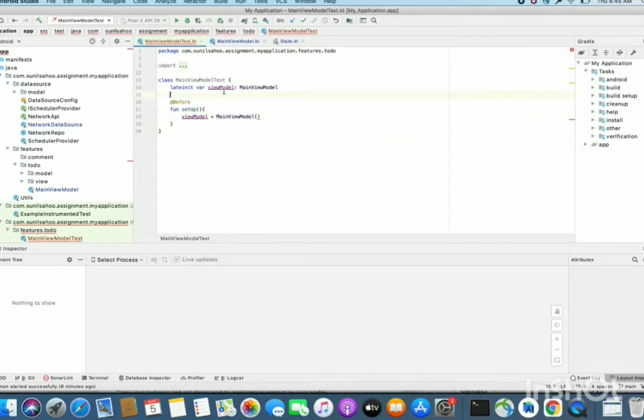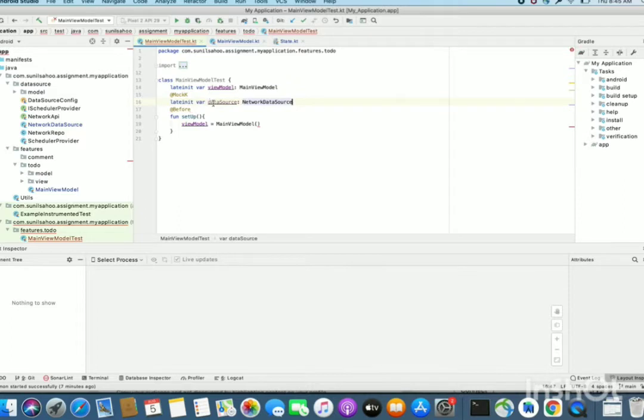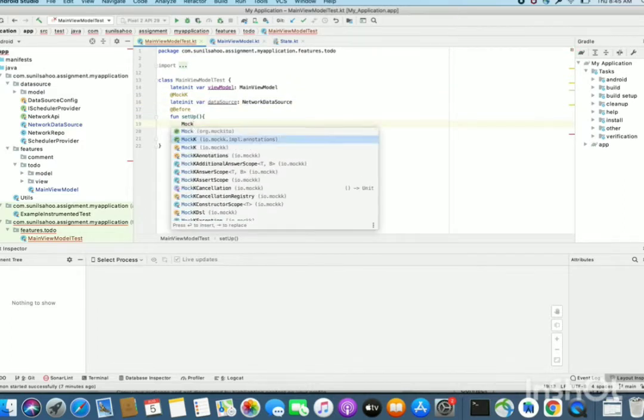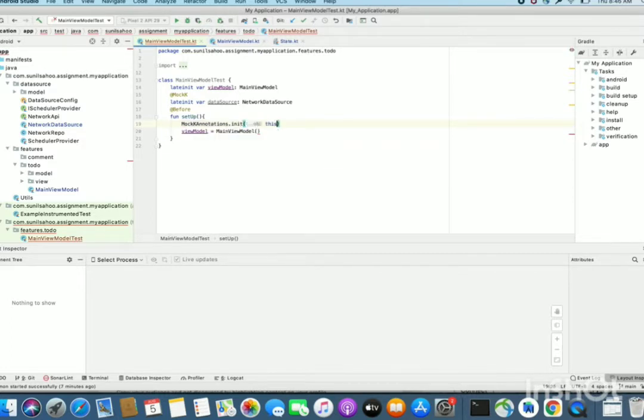We'll annotate it as @Mock, and the first line here will be MockitoAnnotations.initMocks. That means now we have mocked everything. We'll create the view model. Yeah, we have created the view model instance in the setup method.